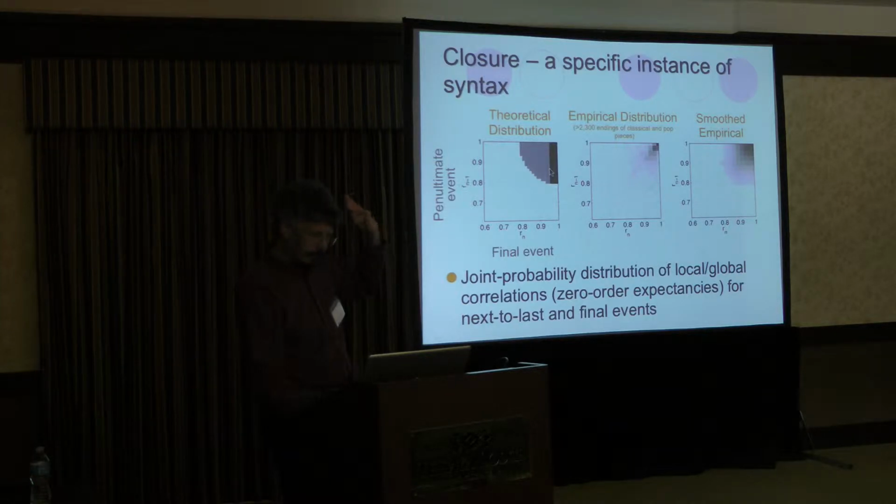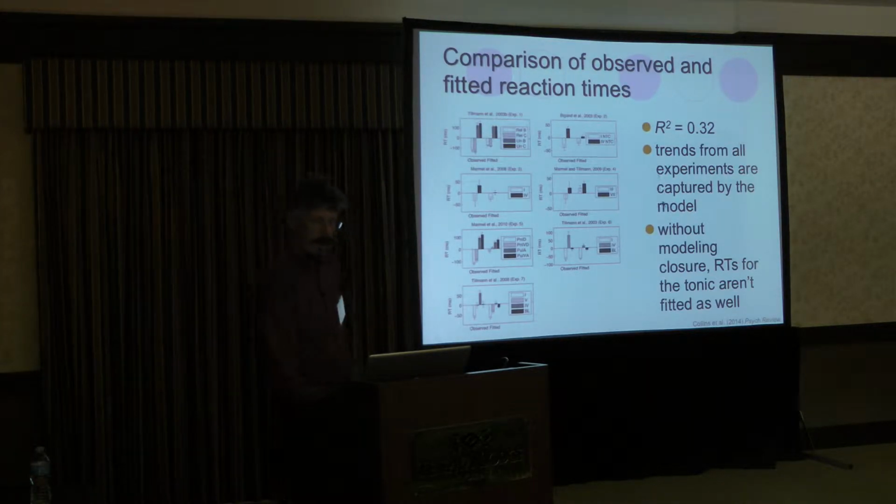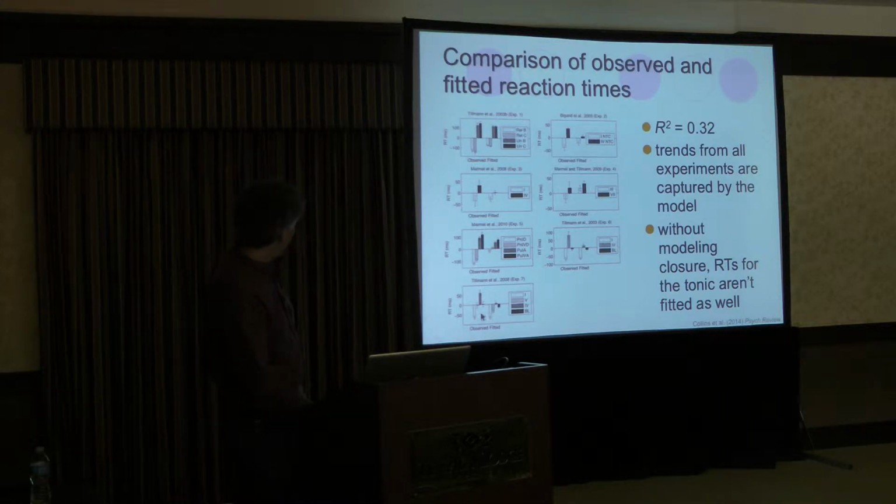this closure into the model, and now it's only a modest improvement in the overall amount of variance explained, but we now capture all of the trends from the different experiments. So here, each panel reflects one of the 7 different experiments, each bar one of the different stimulus categories,